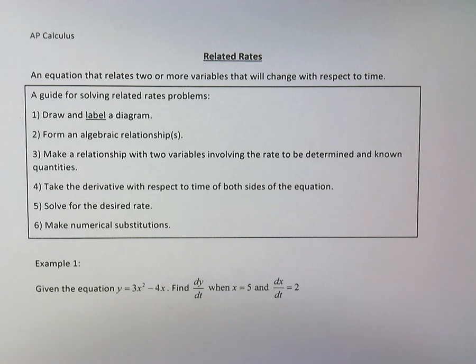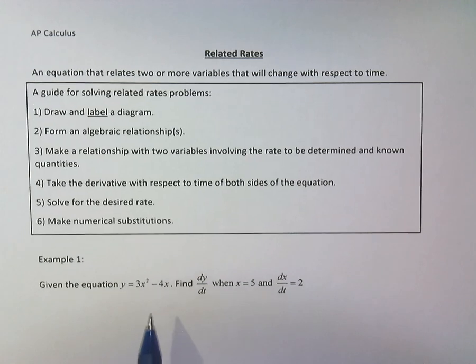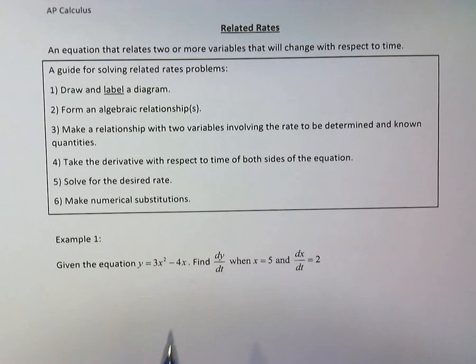So I'm going to start out with a couple easy examples. And then they do get a lot harder from here. These notes don't have as many examples, but the AP Classroom has a lot more. So in this case, I have the equation y equals 3x squared minus 4x. So if I draw and label a diagram,